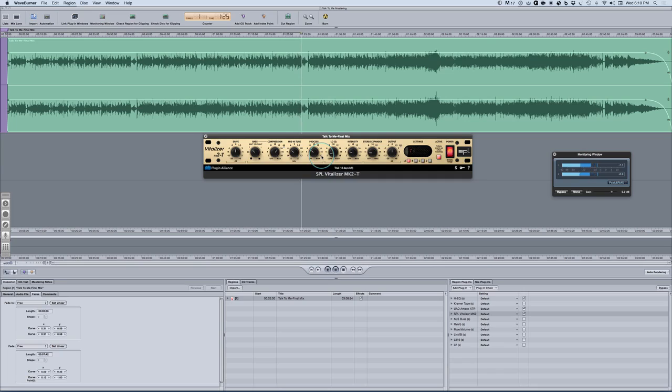So you can hear how it adds width, height, and depth just by working some of the individual settings. It's a very cool plugin, and a great emulation of the actual hardware unit. Really good